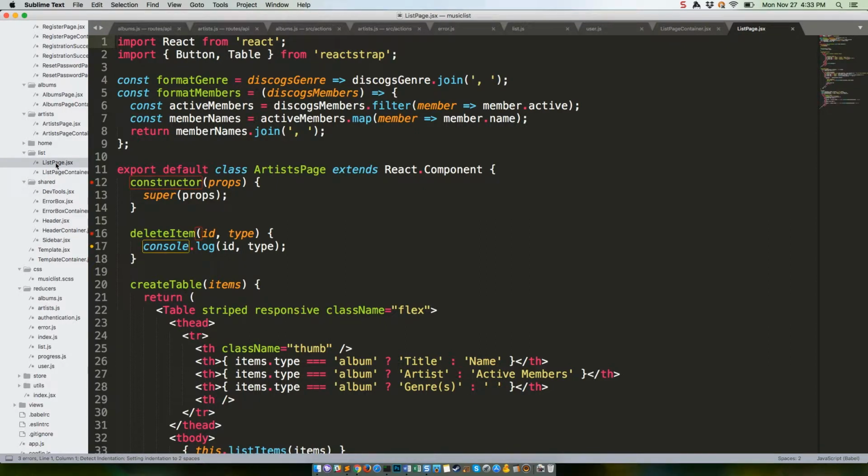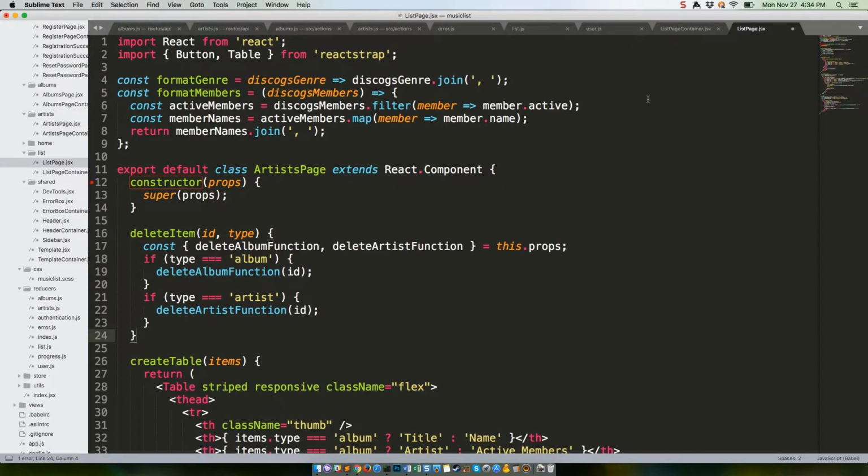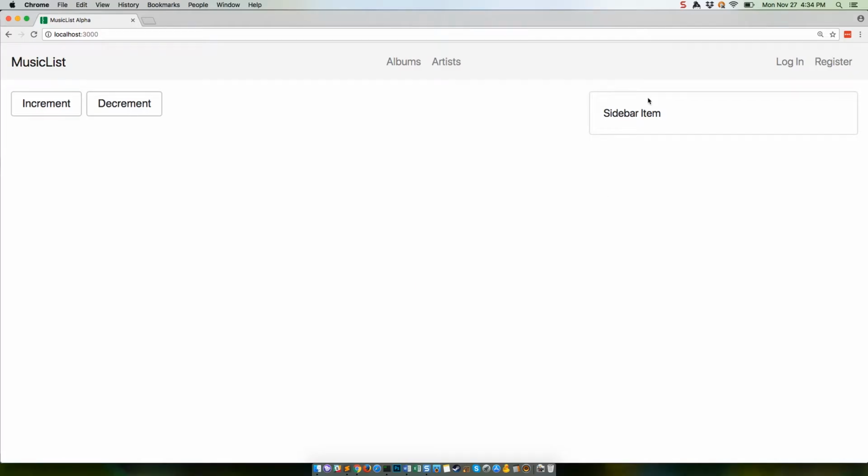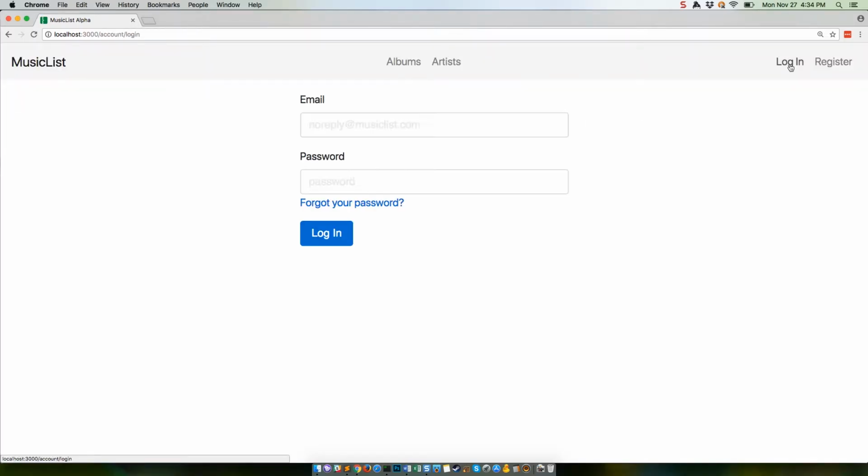And open /source/components/list/listpage.jsx. The main thing we're doing here is making our delete function actually do what we want it to do. So replace lines 16 to 18 with the following code. And by main thing, I actually meant only thing. We're done. Save the file, head for a browser, refresh the page, make sure you're logged in,